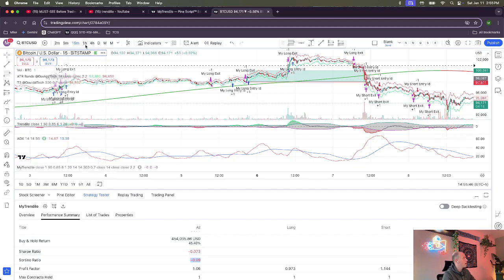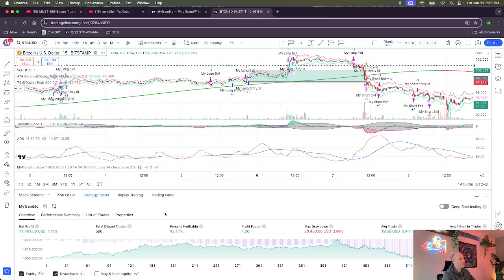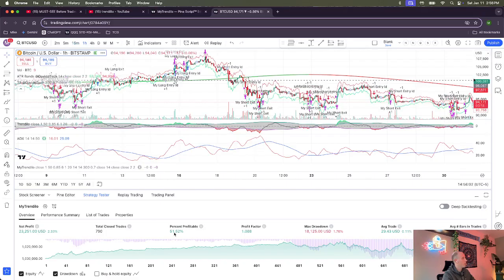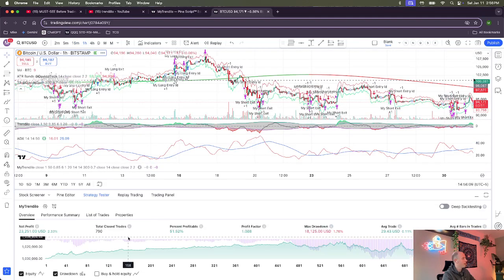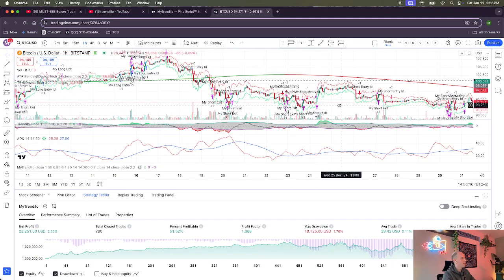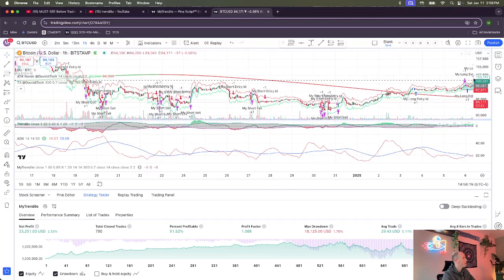I did notice that as you go to the higher time frames, like the hourly and 4 hour, it looks better, but then you're not going to get as many trades, it's more swing trading. On the hourly, it jumps up to 51%. Sharpe and Sortino scores don't like when you don't have as many trades, I think. Again, not a great equity curve here. It's not a great trading strategy from what I'm seeing